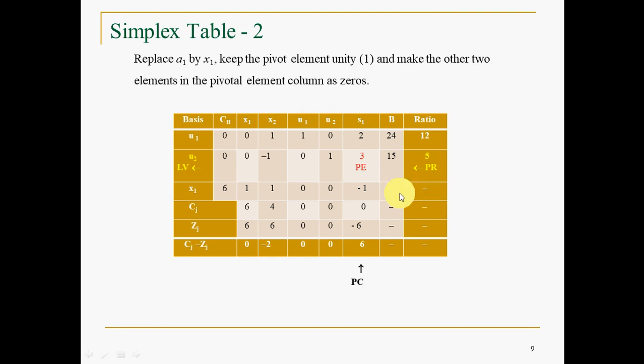That's what we discussed in the previous session itself. 3 divided by minus 1 is undefined. You have to take only the positive and possible ratio. Infinity you are not supposed to take, and minus also you are not supposed to take. Positive and possible, you remember. Fine. So this is the pivotal row. The intersection element of these two becomes PE. What is PE? Pivotal element, the intersection of PC and PR.